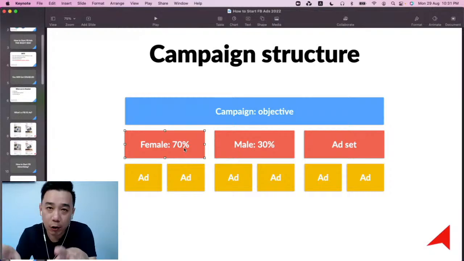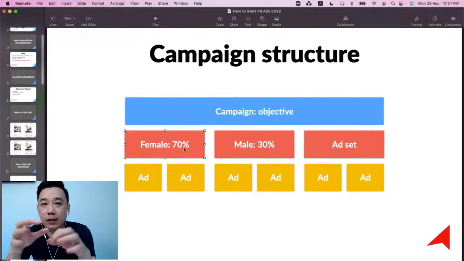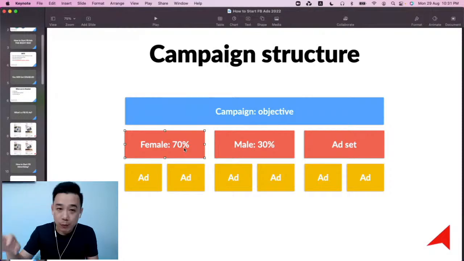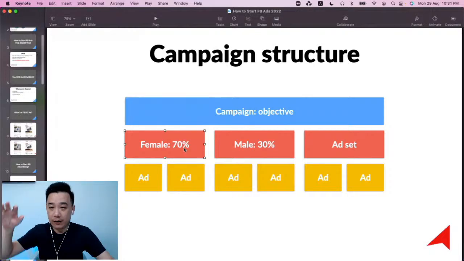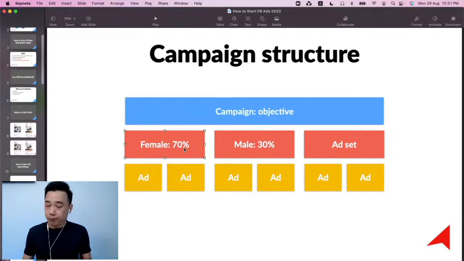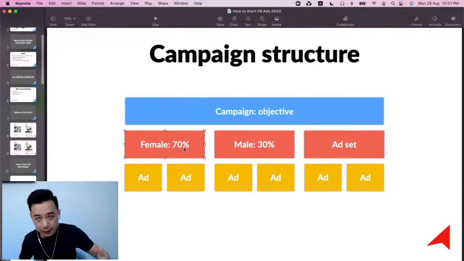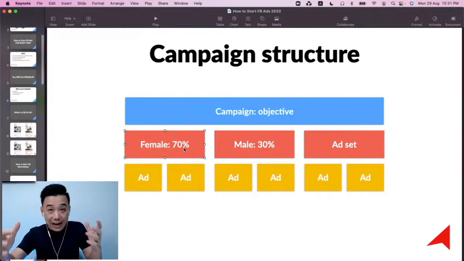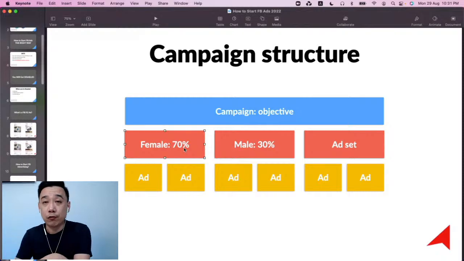So what else can we control at the ad set level? Like placement. You can create one ad set for Facebook, the other one for Instagram, if you really want to have this kind of structure over here. Now, what else can you do? You can create one ad set for maybe Northern Malaysia, the other one for Southern Malaysia, for example. So ad sets can allow you to control things that you want to control.